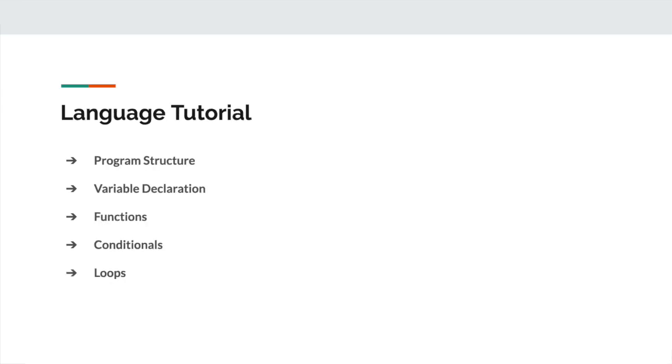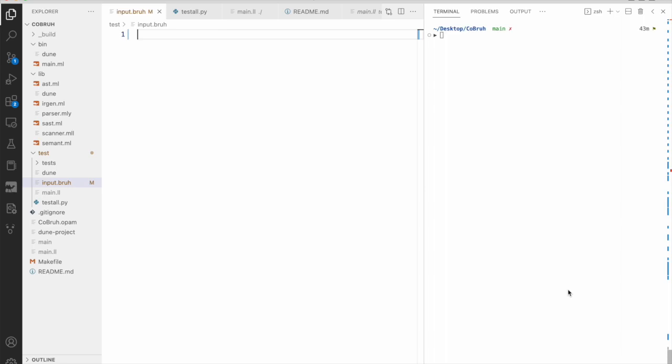You may be wondering, how do I use CoBruh? Lucky for you, it's quite simple. Programs in CoBruh must have a specific structure. They must begin with a mix of global variable and function definitions. These can be followed by a list of statements you'd like to run, similar to those within the main method of a C program. Global variables can be defined like this,